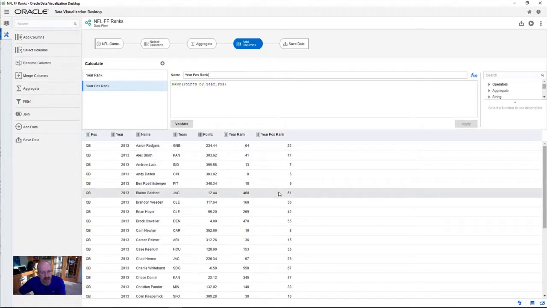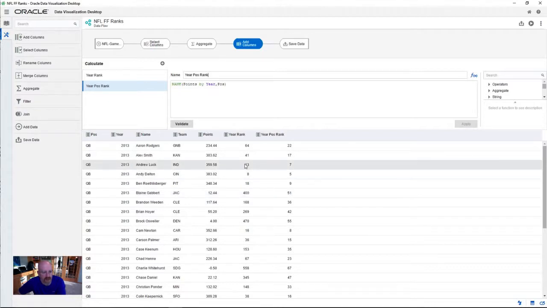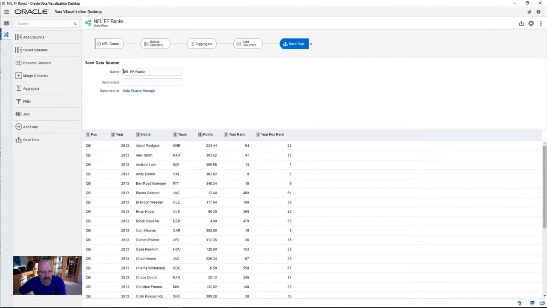That actually gets me the ranking within a given position for a given year. So you can see here Andrew Luck, for example, in 2013 was the 13th ranked player overall, but within the position was actually the 7th ranked quarterback. And then what we do is we bring that out to a data set called NFL Fantasy Football Ranks,